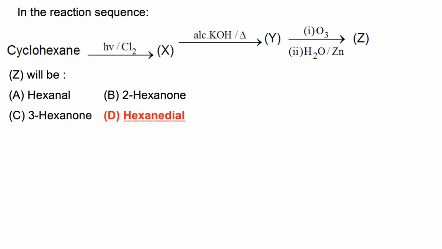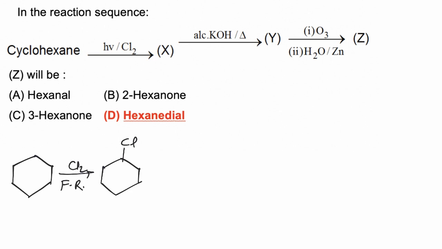In this question we have to find the final product of the given sequential reaction. Now cyclohexane, in the presence of sunlight, undergoes monohalogenation via free radical substitution and will be converted to a 2-degree alkyl halide. Now this molecule is reacted with alcoholic KOH in the presence of heat. Alcoholic KOH is a strong base, and in the presence of high temperature, an E2 reaction will take place, and due to the E2 reaction it will form